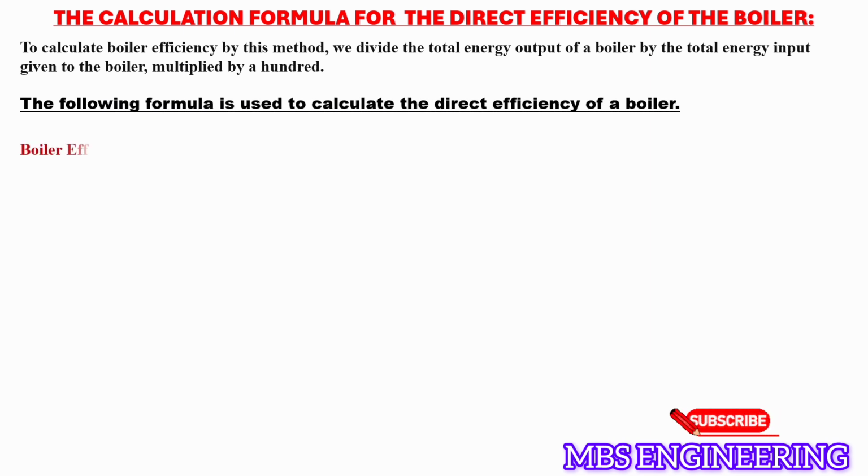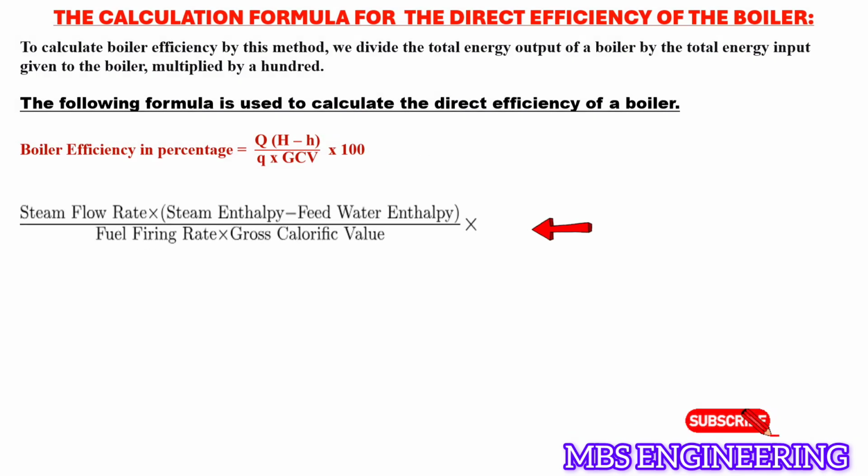Boiler efficiency in percentage is Q into capital H minus small h into 100, and then the obtained value is divided by Q into GCV. Or, the boiler efficiency in percentage is steam flow rate multiplied by steam enthalpy minus feed water enthalpy into 100, and then the obtained value is divided by the fuel firing rate into fuel calorific value, where Q is the